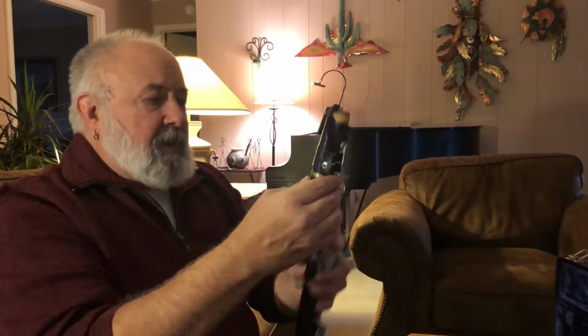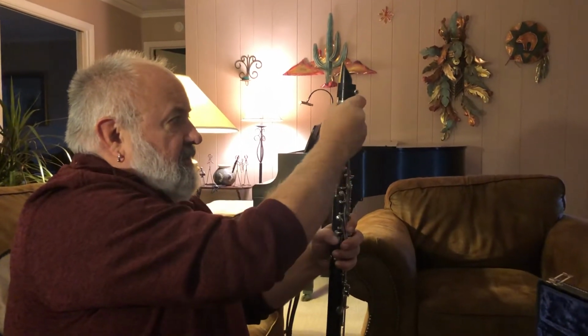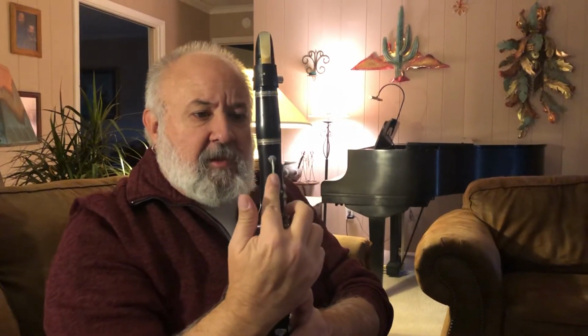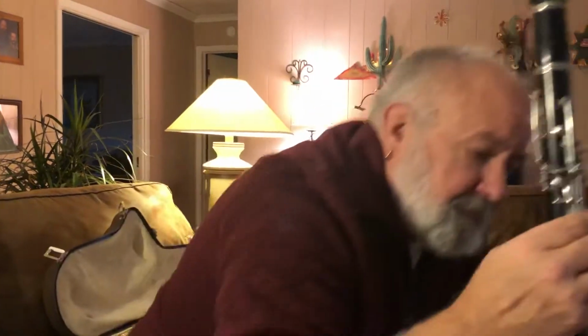Now that that's sounding nice, I'll put it on the clarinet. Remember, I should be able to see the hole and see this part, and then I put it on so you can see the reed is lined up with, the metal part is lined up with this hole. That's all got to be in line. Now remember, when you go to hold it,